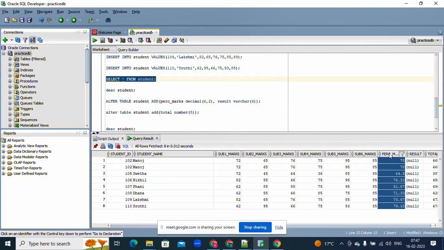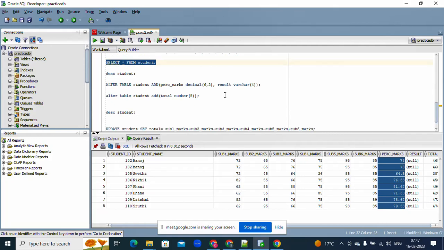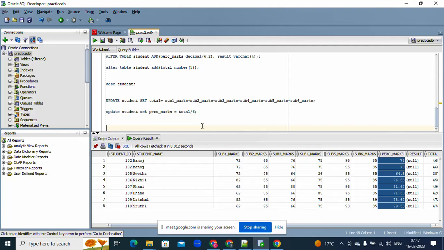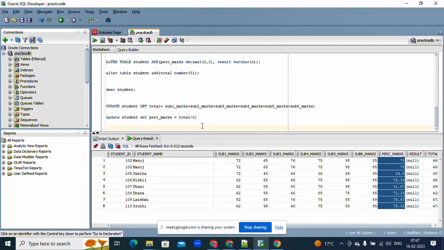Then we need to calculate the result. Each subject result we need to calculate, and also, based on total marks, whether it is pass or fail, that we have to write. Update student set result is pass where